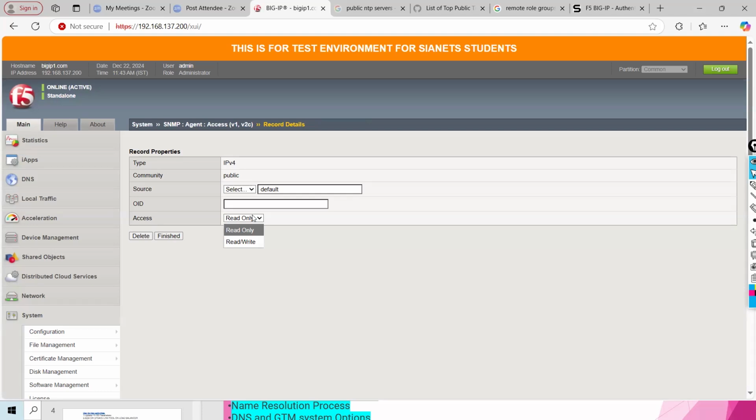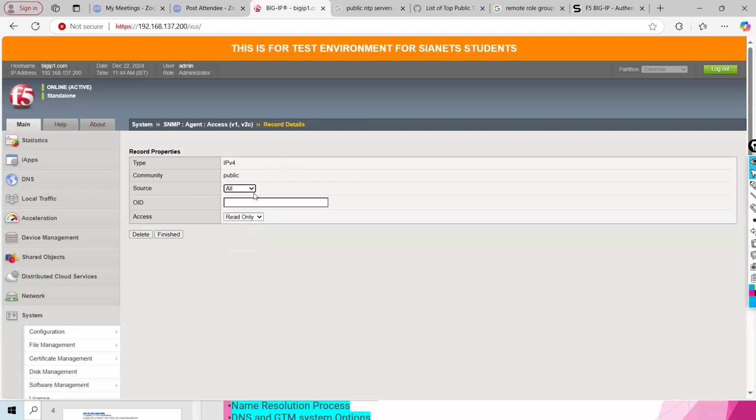And the source list you can select. Basically it is mostly the same, you don't need many changes here. Community will be provided by your community. Community is basically a string which will help you to configure. And OID